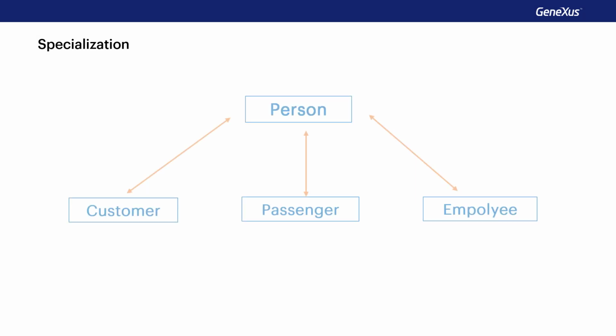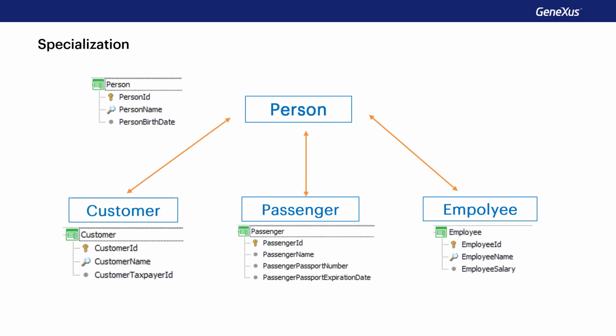When considering the concept of subtypes, the case of attribute specialization was represented. In this scenario, we have people's general information, such as their identifier, name, and date of birth in the person transaction. But it's also necessary to record specific information corresponding to customers, passengers, and employees. Always bearing in mind that they are all persons. Every customer, passenger, and employee are persons. That's why the customer, passenger, or employee's identifier must match exactly that of a person to represent that they are persons.